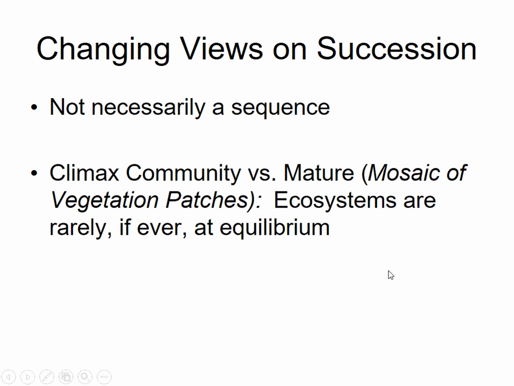And so in this way, as opposed to a sequence of events, these ecologists argue that there isn't really a climax community. There are mature communities, but when you look at the ecosystem as a whole, it's more of a patchwork of different levels of succession, depending on, well, let's say a forest fire happened there, a tree blowdown happened there, a volcanic eruption happened there. So we have this mosaic of patches of vegetation, and there isn't really stability. It's never at equilibrium. Disturbance is constantly happening.